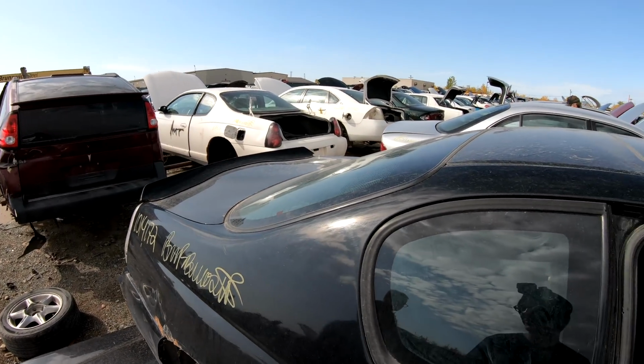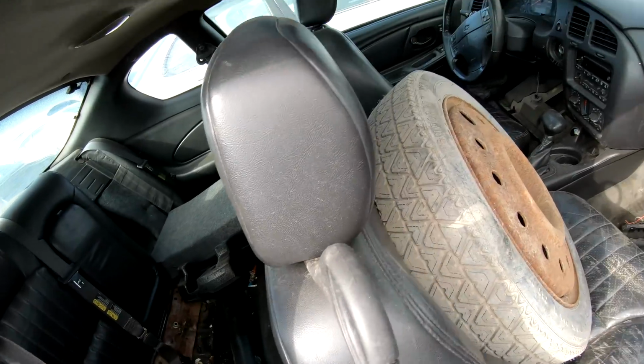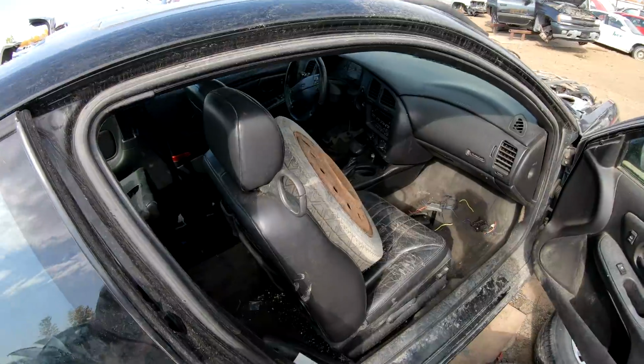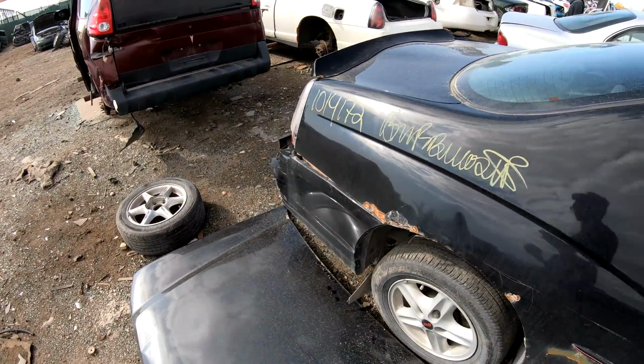It's got quite a curve to it. It'd fit if you cut it a little bit. Nice interior. Got SS wheels. Another winter...